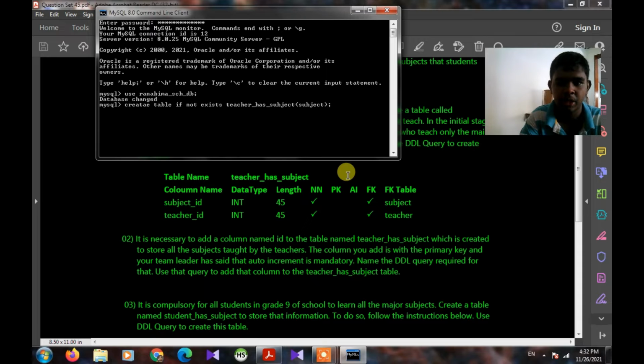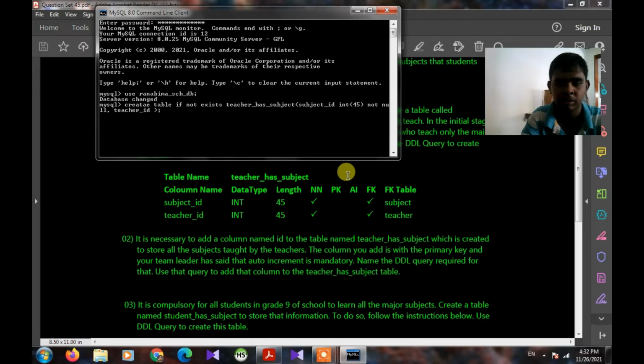as subject id, its type is int, data length 45, not null, and it should be a foreign key. We have to make the next column also, because we can mention the foreign keys at the end of the query.